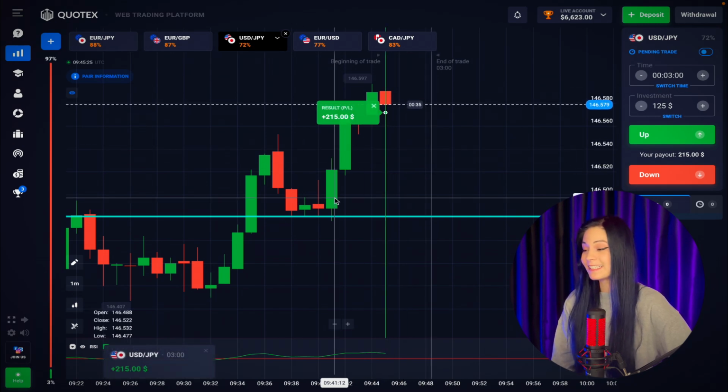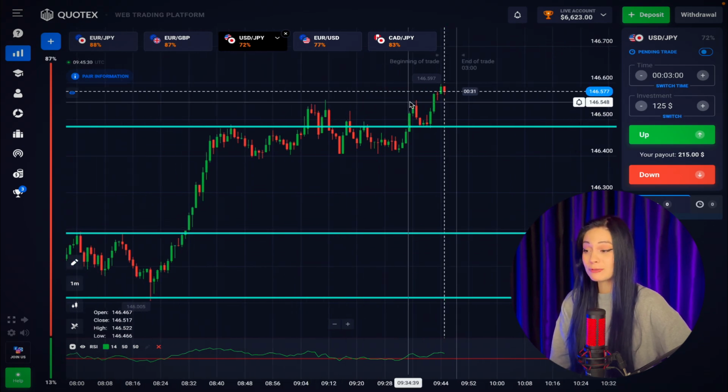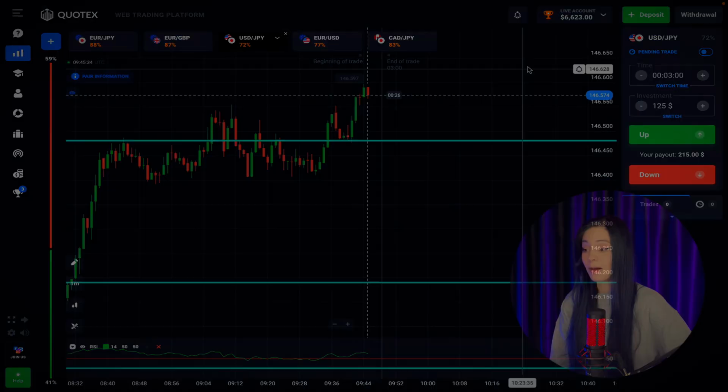Great, so this deal is closed in black, and that was quite an easy one, breaking through the retest, and the price is going up. In total, we had 5 deals in the morning session, and 4 of them are wins, and 1 of them was unfortunately a loss. And at the end, the profit was